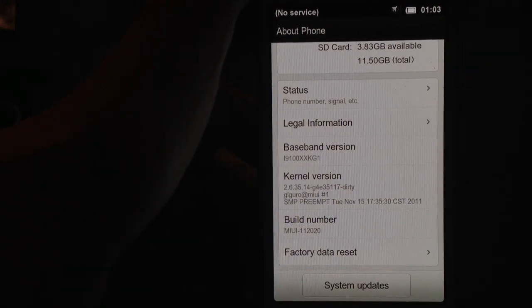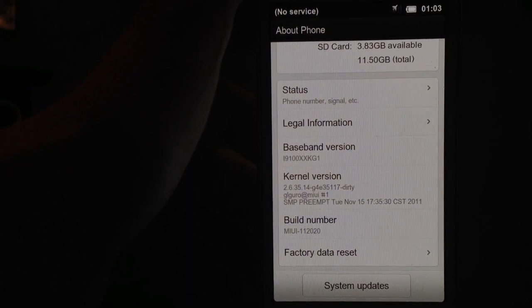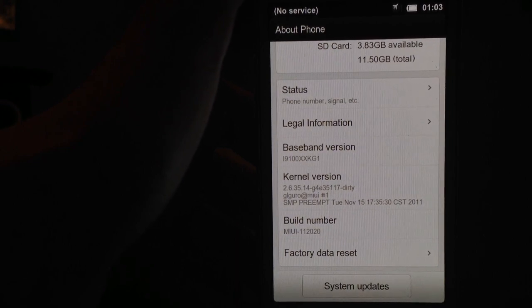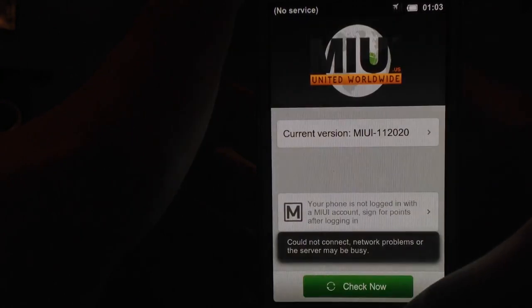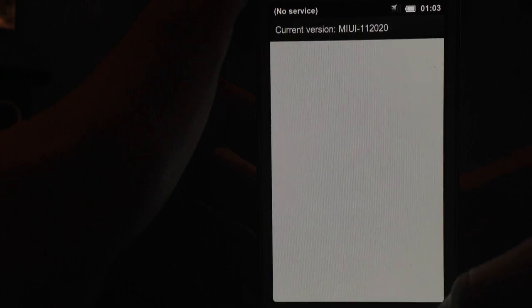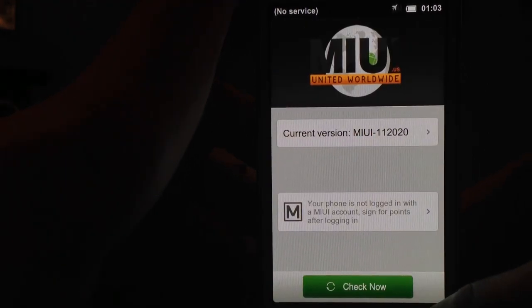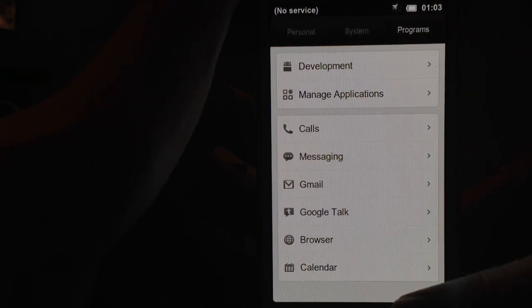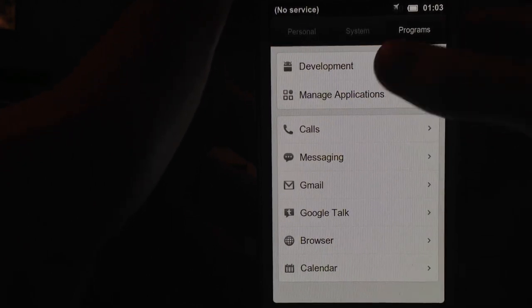Baseband version as well. Kernel version is on 2.6. Yes, yes. MIUI 11.2020. Wait a sec. 11.2020. Okay, 11.2020. Yeah. Factory data reset, system updates. Okay, could not connect. Obviously can't connect because I'm not connected to the internet. So yeah. But if we go back, if we go to programs, we have the development,